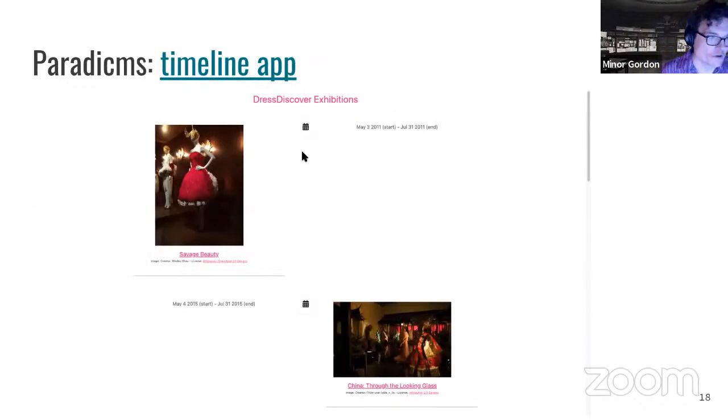A timeline app. This is based on that spreadsheet that we saw earlier. My wife's a fashion historian, and she put together a small spreadsheet as an example data set to show fashion history exhibitions. So this is basically taking the image, schema.org event, license, and people that organize the fashion history exhibitions into a